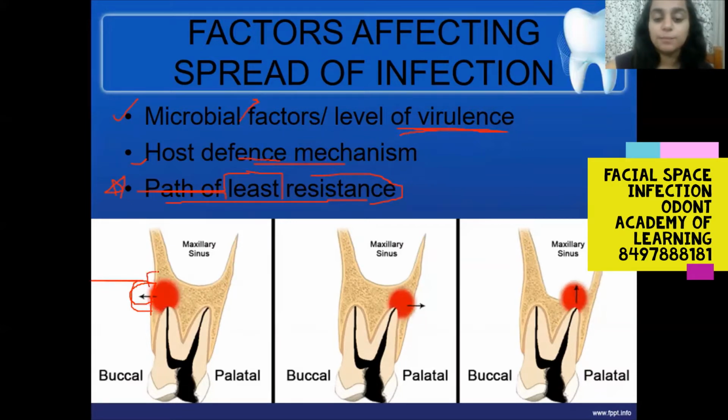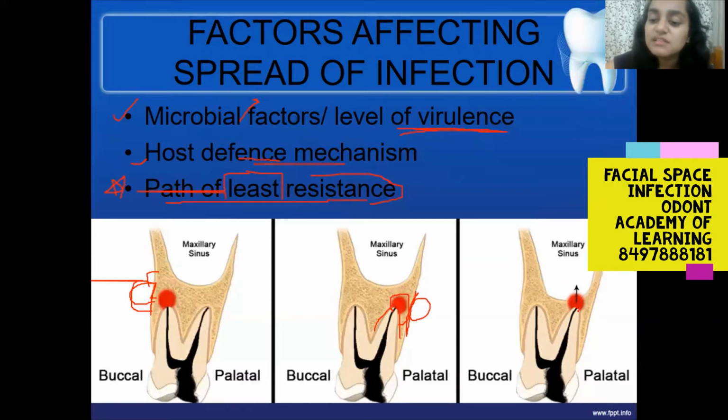In the second case scenario, the infection is on the palatal root, from the periapical area of the palate. It encroaches on the palatine cortical plate and in future will cause a swelling of the palatal region, forming a palatal abscess. In the third case scenario, the floor of the maxillary sinus is slightly apical, or maybe the root is slightly superiorly placed, towards the maxillary sinus floor.